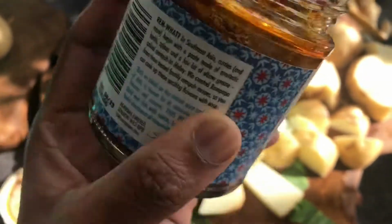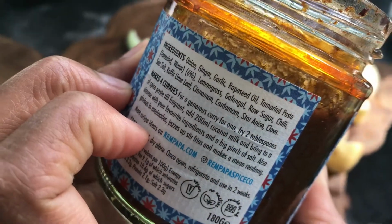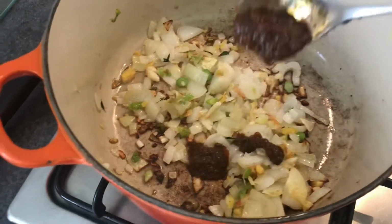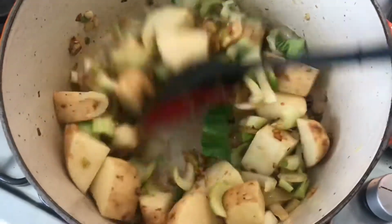So we have a lovely Balinese spiced tamarind paste, and it's got loads of flavours already in there like galangal, lemongrass, sugar, cinnamon, cardamom, so it adds great flavour to the curry dish if you haven't got time to make a paste from scratch. So I just mix it in with the onions,